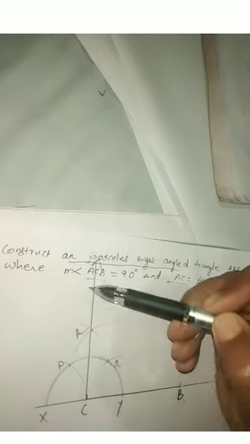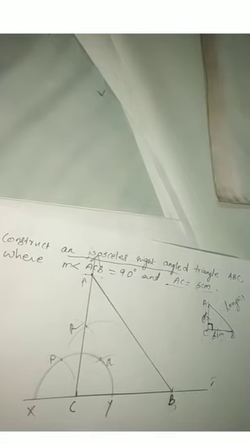Now we have to measure 6 centimeter. That is from C to B, 6 centimeter itself. So from C also 6 centimeter. Here will be the 6 centimeter. Now this intersecting point is A. Then we can join this AB. Now this is the required right angled triangle ABC. Is it clear for you?